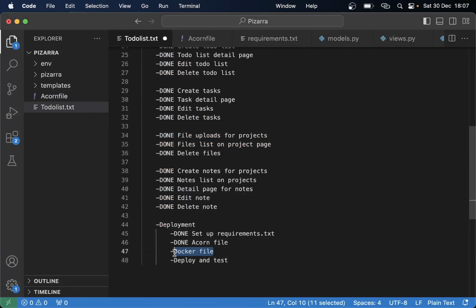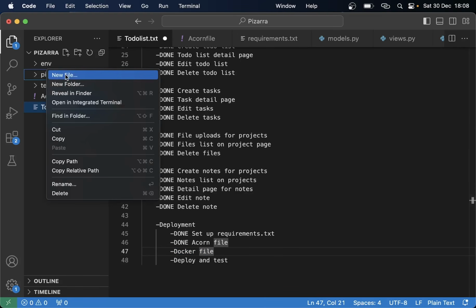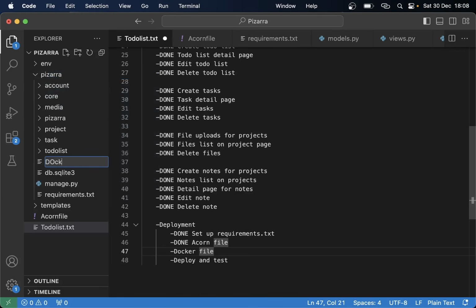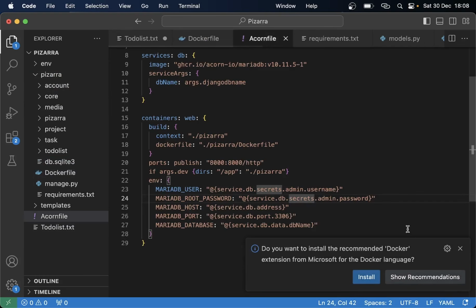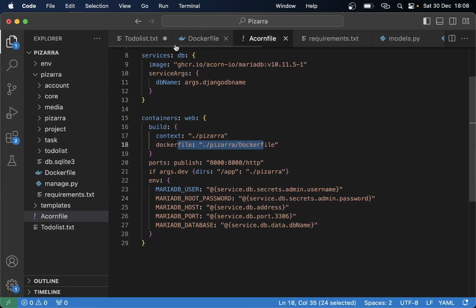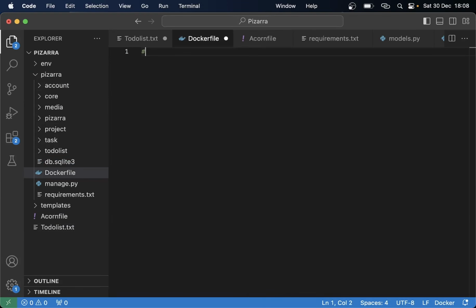Next I need to set up the Dockerfile. The Dockerfile is what sets up the environment and similar on this Acorn image. So inside the Pissarra folder we create a file called Dockerfile, and this Dockerfile is the one we are pointing to here. And then we specify which syntax we are going to use. So syntax equals docker/dockerfile:1.4,